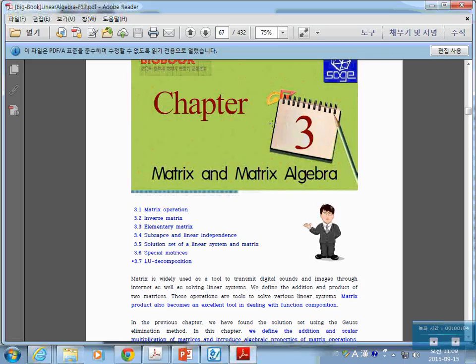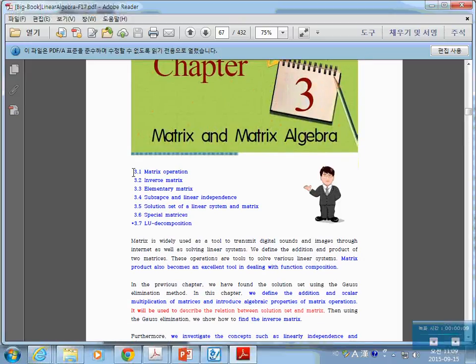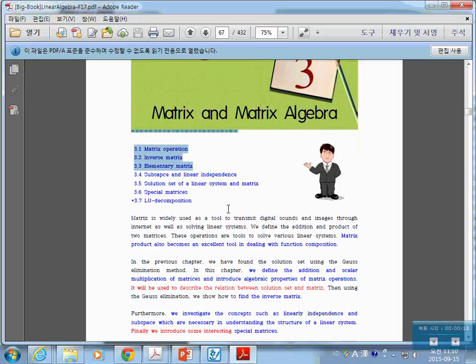Okay, today we're going to start chapter 3, matrix and matrix algebra. We will cover the first three sections this week. Okay, first,